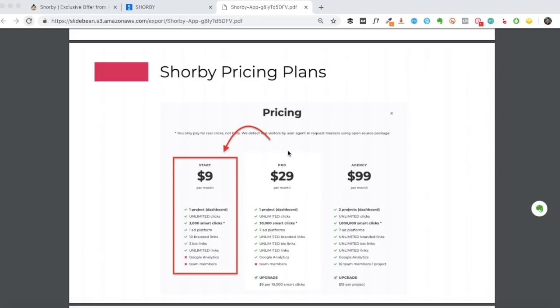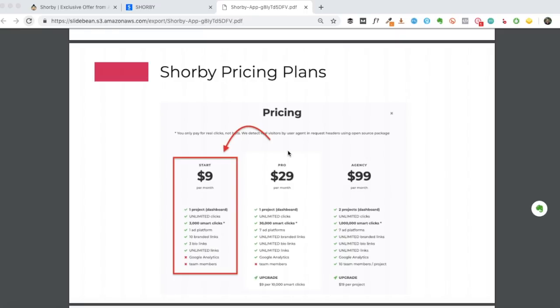So they offer three plans: the Start Plan, Pro Plan, and the Agency Plan. And AppSumo is currently offering the lifetime access deal on the Start Plan, which is their basic plan. So there are a few differences between these plans. The key differences are that with Start Plan, you can just integrate one ad platform, whereas on Pro and Agency plans, you can integrate 7 ad platforms. So if you have multiple ad platforms where you run ads, like Facebook ads, Google ads, and Bing ads, then Pro and Agency plan can help you integrate all of them. But with the Start Plan, you can just integrate one ad platform.